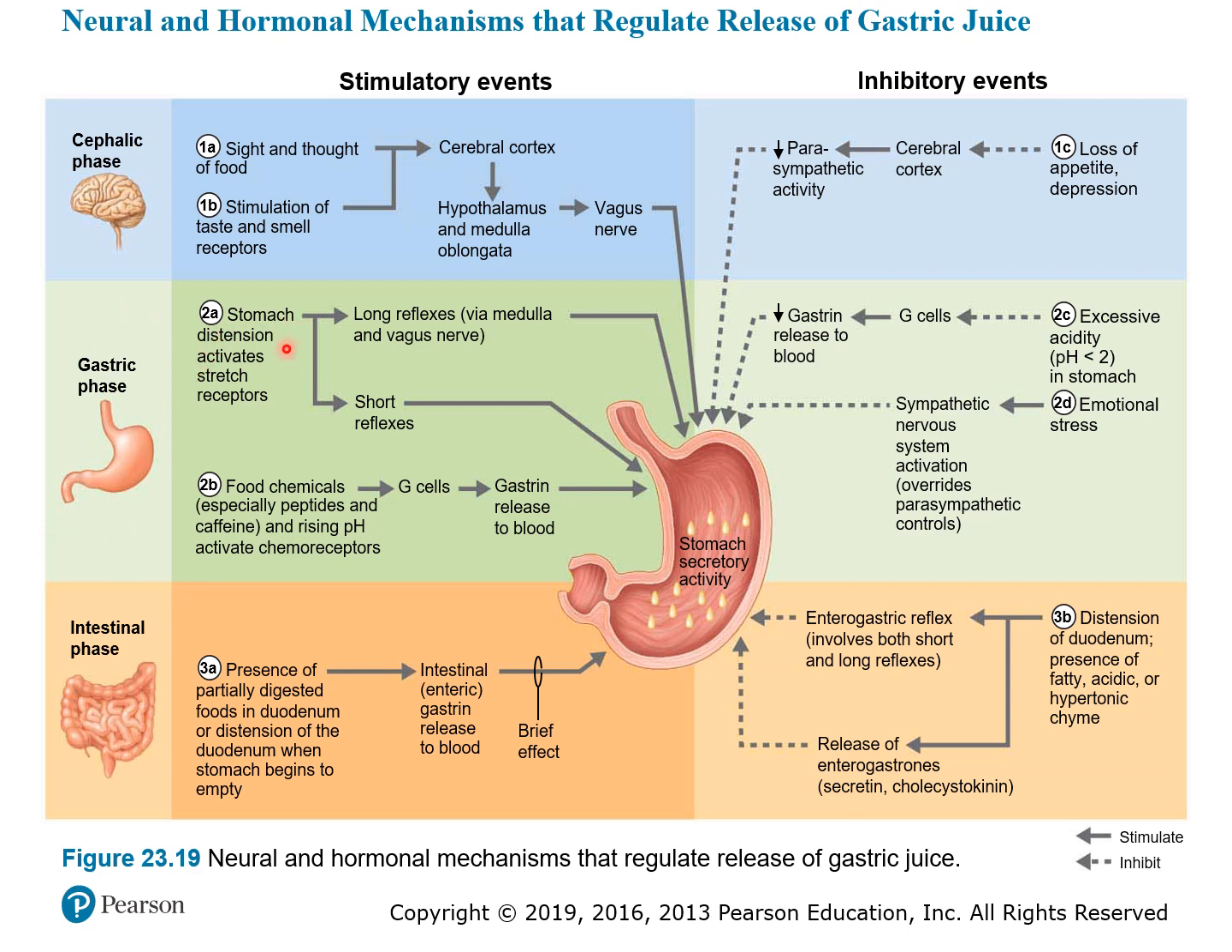So when the stomach is distended, it activates the stretch receptors. Those stretch receptors act via long reflexes via medulla and the vagus nerve. They go to the stomach, and the short reflexes. This is the neuroenteric system, the gut brain. The short reflexes, they also go to the stomach. And then the food chemicals, for example, the peptides and the caffeine and the rising pH, they also activate the chemoreceptors, and those chemoreceptors stimulate the G cells, and the G cells release gastrin, and gastrin goes in the blood, and it also stimulates the stomach